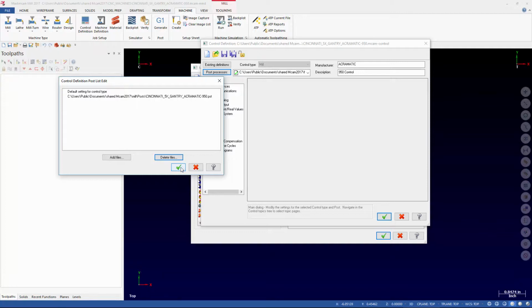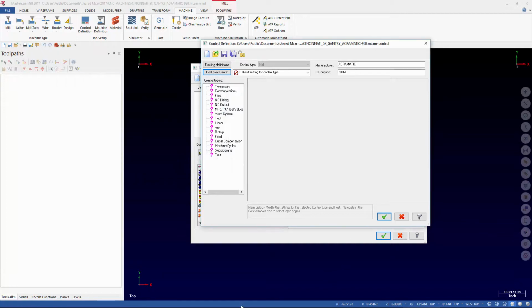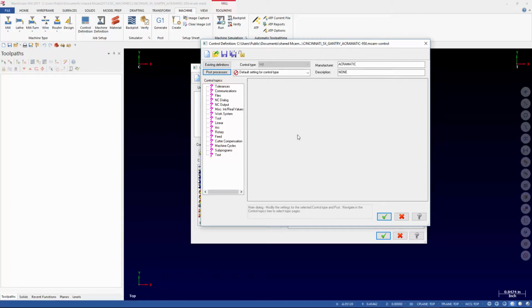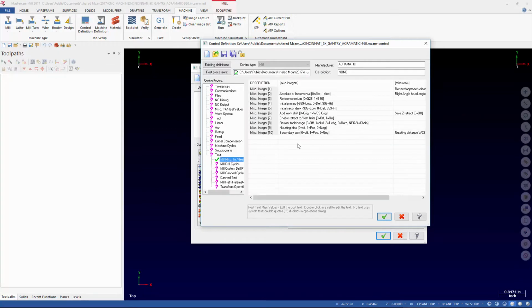When we set up a new post, it's also important to make sure that post processor is not open in a text editor. The reason that's important is that when we select the post and save it, if we go down and look at the text,